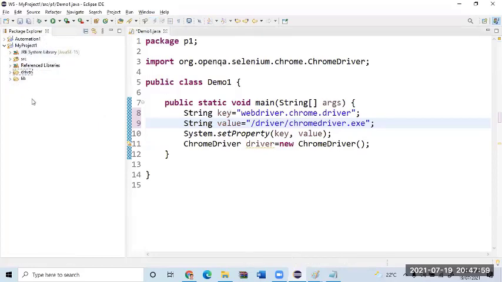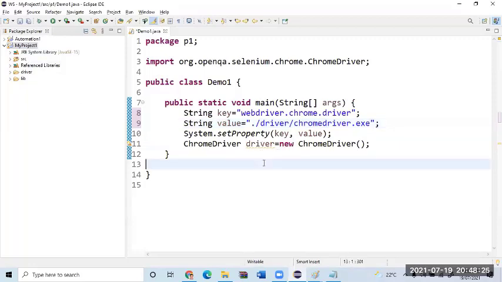In which folder is driver present? My project. Under my project. Observe. In Java, instead of typing my project, I can simply put a dot. What does dot mean? Current Java project. It will avoid giving the lengthy path. It's easy to do. Okay.